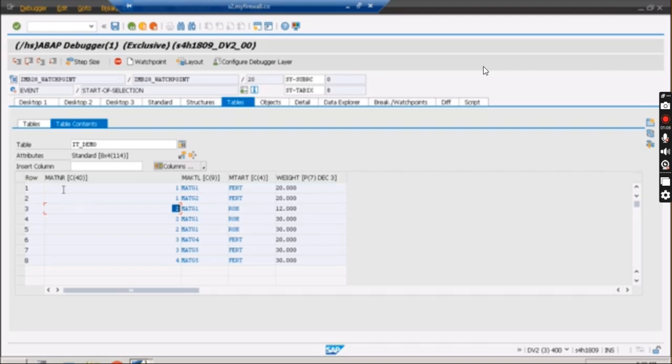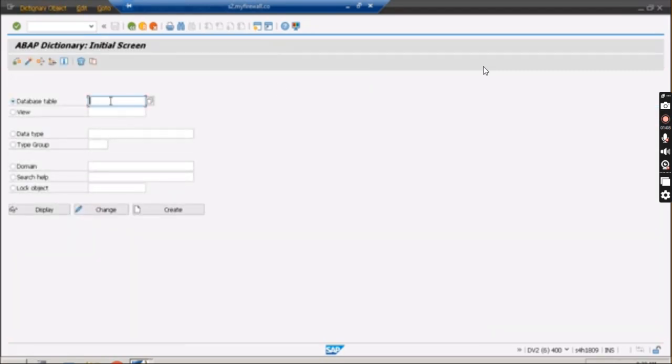Okay, so as of now, leave this material number. We'll try to put the breakpoint on this MTART, right? ROH, FERT. Here we don't have any issue for the data type, right? Four characters only. Here the conversion creates the problem actually. The material number field has the conversion exit associated with it, and several times you will come across such kind of problem with MATNR.